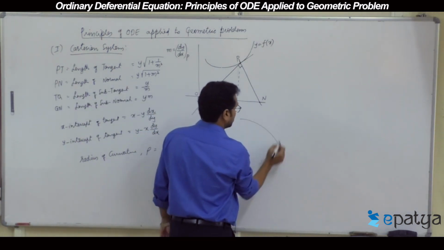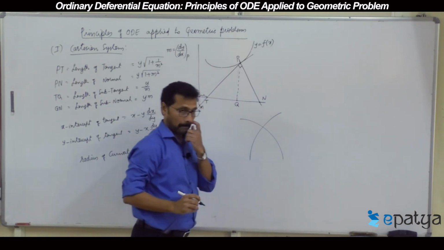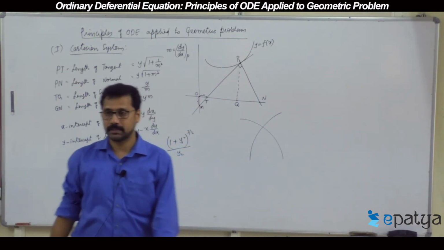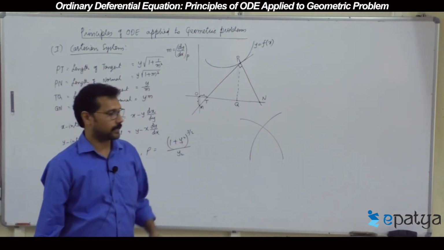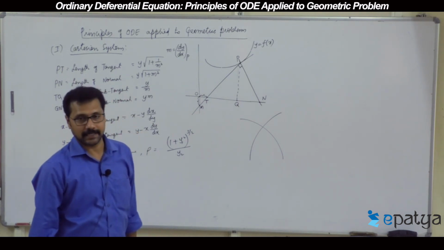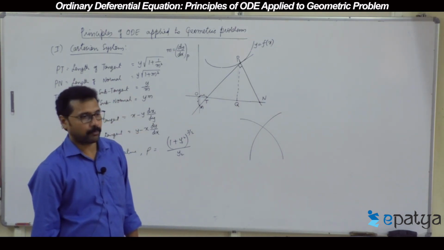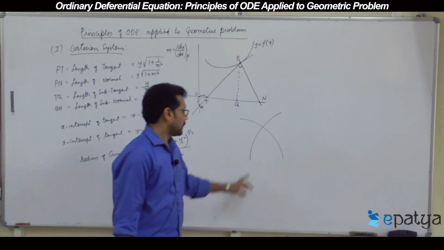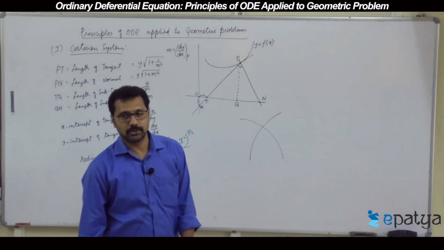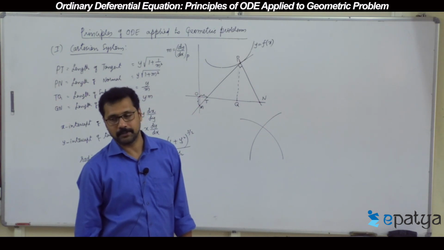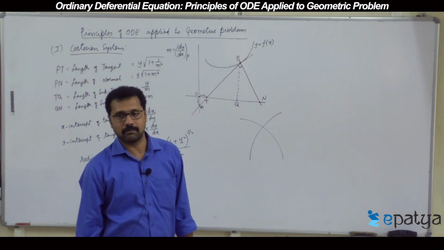suppose there are 2 curves which are intersecting curves. At the point of intersection, what is the angle between these 2 curves? Angle between the 2 curves at the point of intersection is always equal to the angle between the tangents drawn at